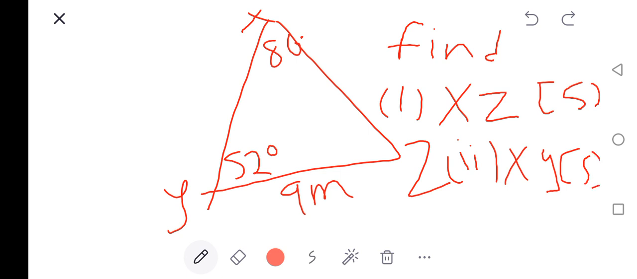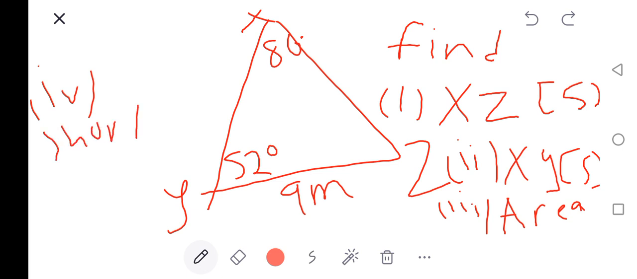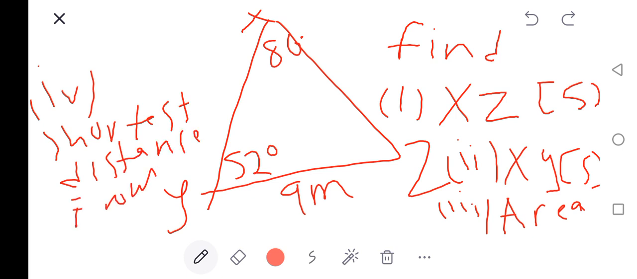Then imagine they ask you to find number 3, area, number 4, shortest distance from X to Y, no, not from X,